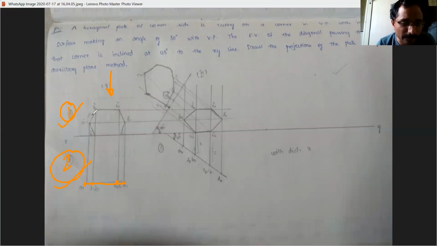After observing view number 1 and view number 2, I am proceeding with view number 3. This is the second stage of the solution. In the second stage, view number 3 is 30 degrees with respect to the vertical plane. That means if you rotate view number 2 by 30 degrees with respect to the vertical plane, we are observing it in the top view. After getting this view,